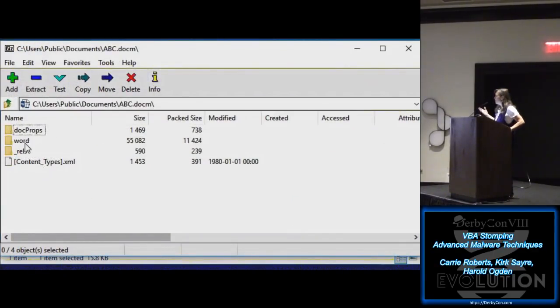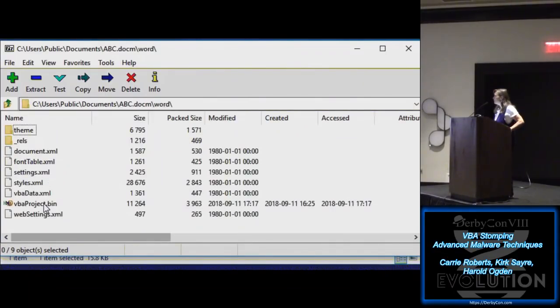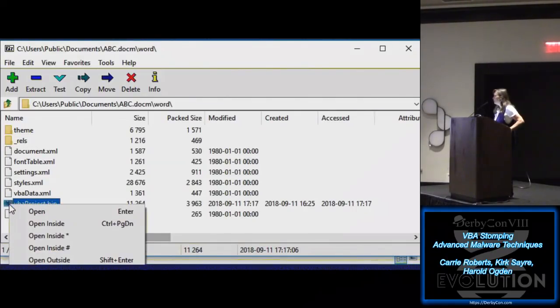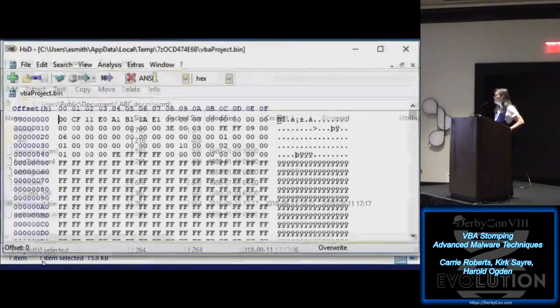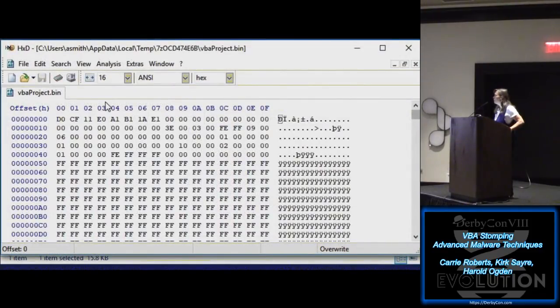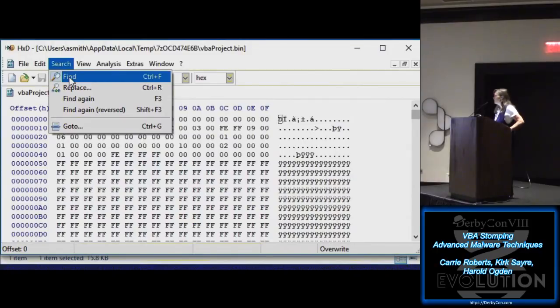So here we have the .docm file opened, and we see it's just a compilation of a bunch of other files in directories. We have a docProps directory, a word directory. Inside the word directory, you'll find the VBA project.bin, and that's the thing we want to edit. So we right-click on this and say open outside, which means open it with our third-party program for opening bin files. I have my system set to open a bin file with the HxD hex editor that I have installed. So when I click open outside, it's going to open right up in the hex editor, and we're going to search for the string ABC,